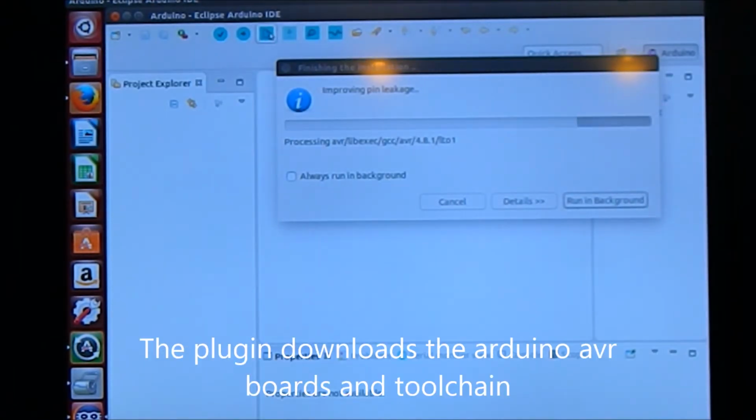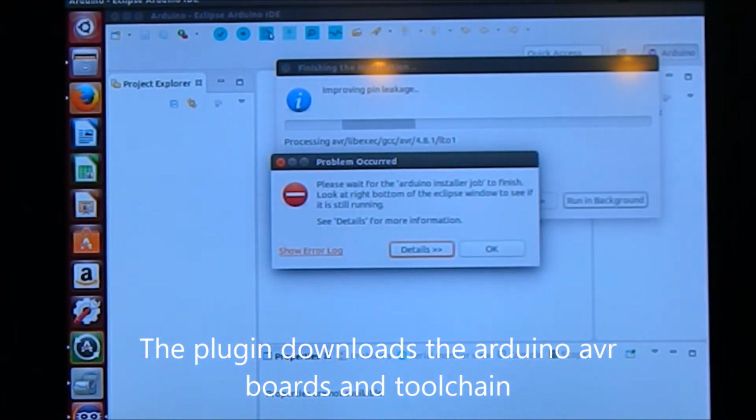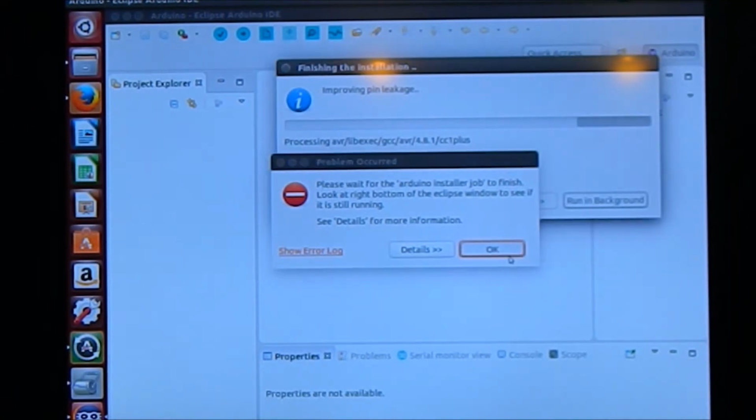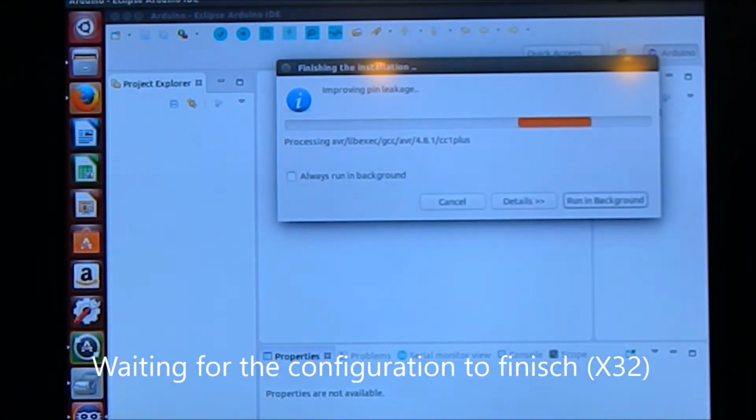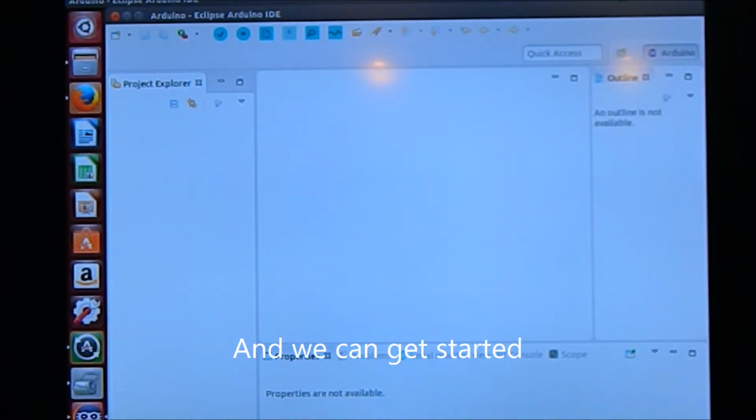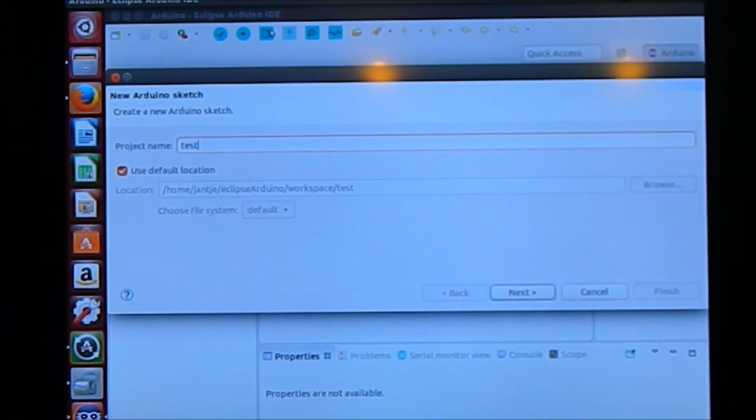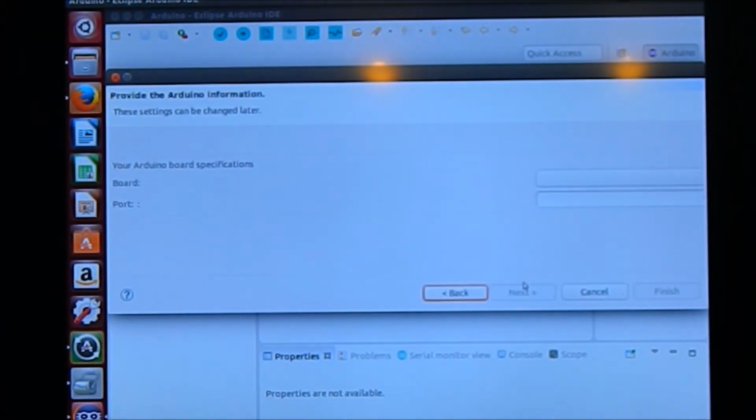Now, the first thing the plugin does is download everything from the AVR boards and platforms. As long as that's not done, you're not able to use the plugin. It will tell you when you try to create a new sketch that you need to wait. And after that's done, you're ready. So here we are. So we'll create a new project, and exactly the same like the old